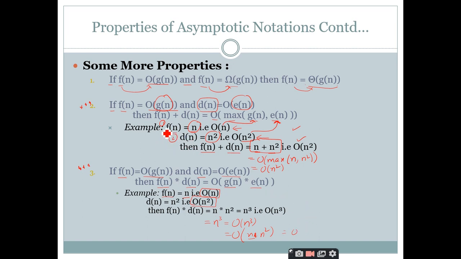So when we add the complexity of two functions, you should take the maximum complexity of either of the functions. Which one is having the maximum? The sum of those functions will have the same value, right? But when you take the product of these two functions, you should multiply the complexities and take the result. These two points you should remember. Other than this, nothing more. Is it clear up to this point?